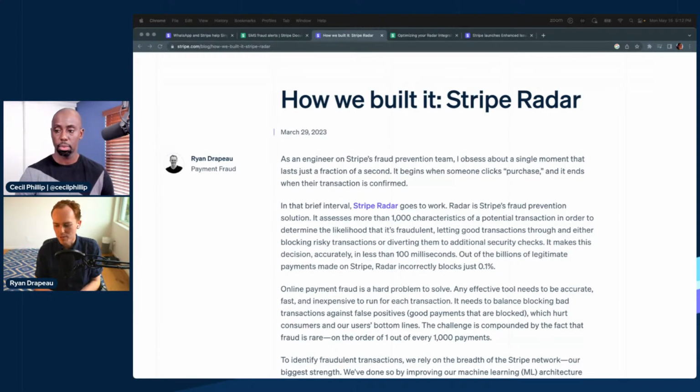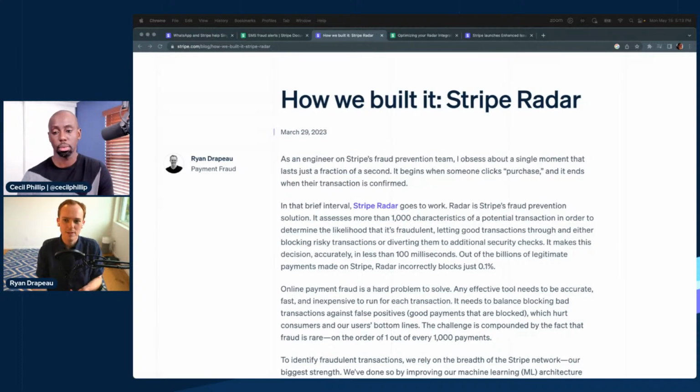Payments would happen on Stripe's merchants, and they would get a fraudulent dispute, which essentially means that the real owner of the card did not authorize that transaction and would file a dispute with their bank, which would then make its way through the card networks and back to Stripe. And Stripe saw this and saw at the time, hey, this is a really good opportunity